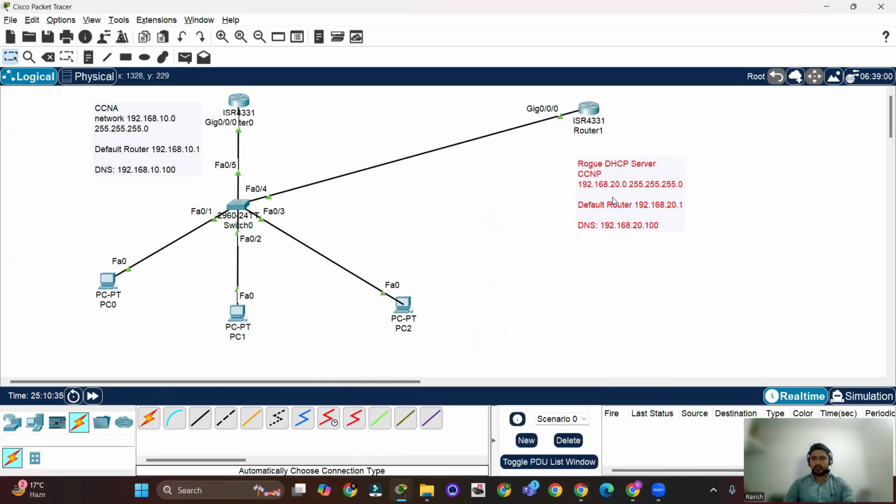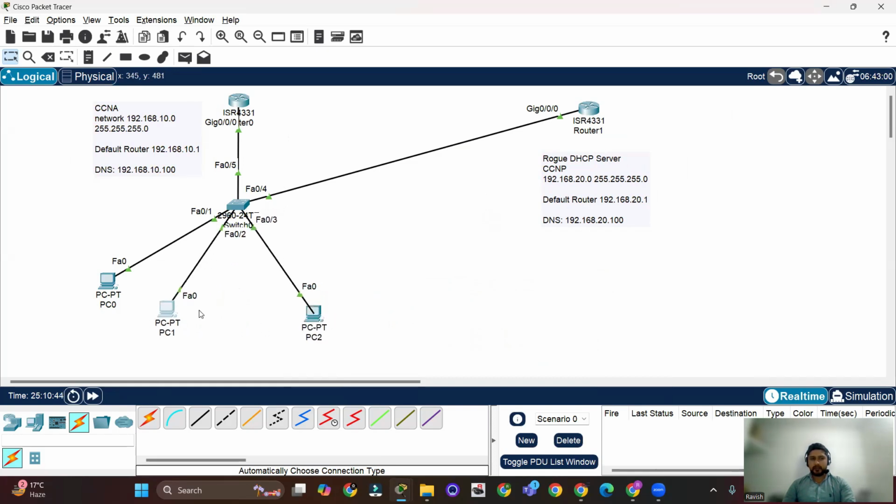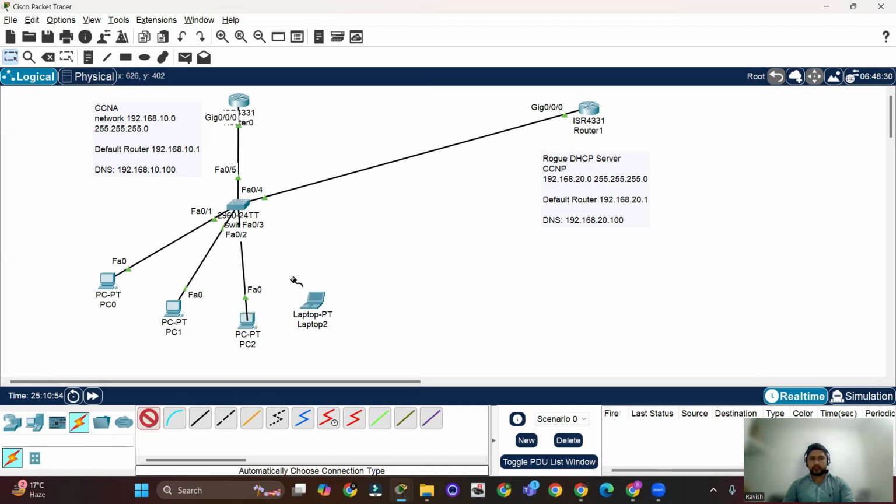So we got two DHCP servers. This is a fake DHCP server that is attached to the network, and that is the original DHCP server. What will be the problem if I connect one more PC over here? A laptop can be connected. Okay, let me try to connect one more laptop, and when I click on DHCP,